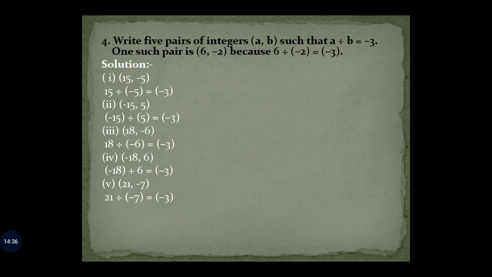Fifth one, 21 comma minus 7. 21 divided by the negative integer minus 7 gives you minus 3. So here we can see that if either of the numbers is negative, that is the numerator is positive and the denominator is negative, or the numerator is negative and the denominator is positive, the quotient will be